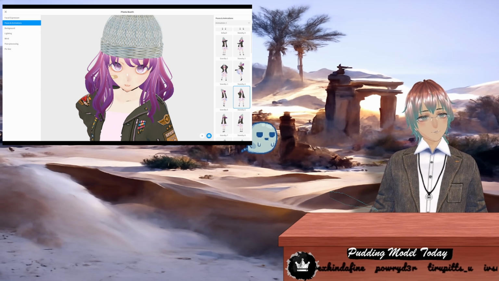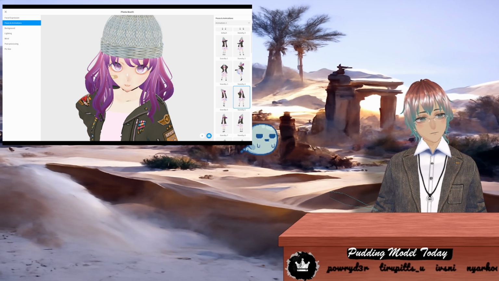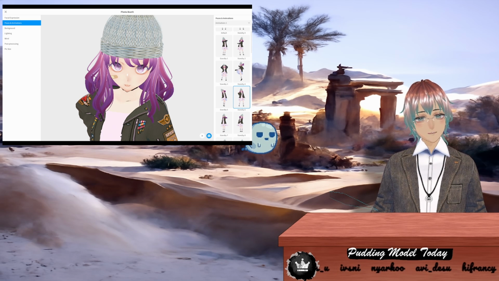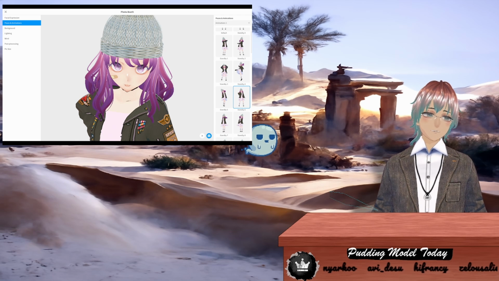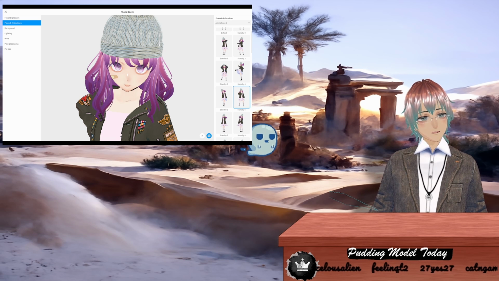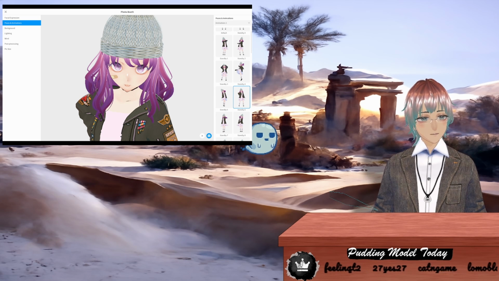True, I did place a rule at the beginning of the video. I could only use free assets from Booth PM. I doubt that impacted the final result much. Even if I decided to pay for some textures or some model presets, the model would still have looked different from the source material. There's just not enough similar items on Booth to get a model that has all the